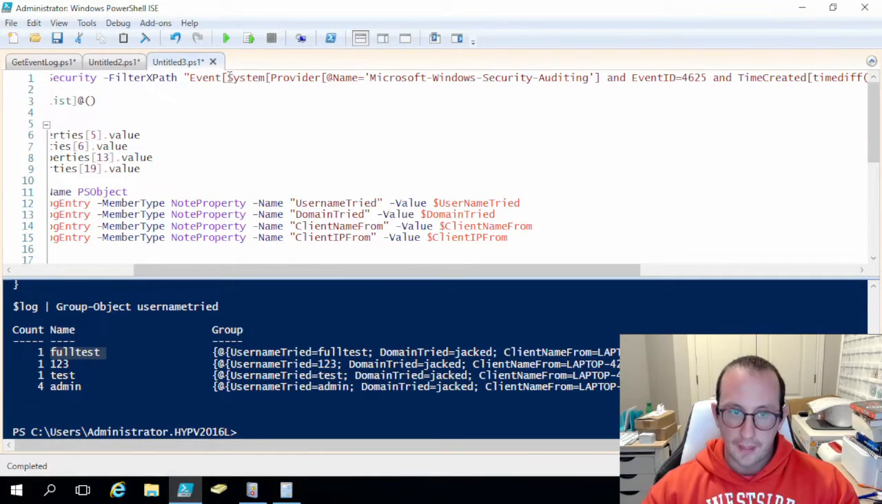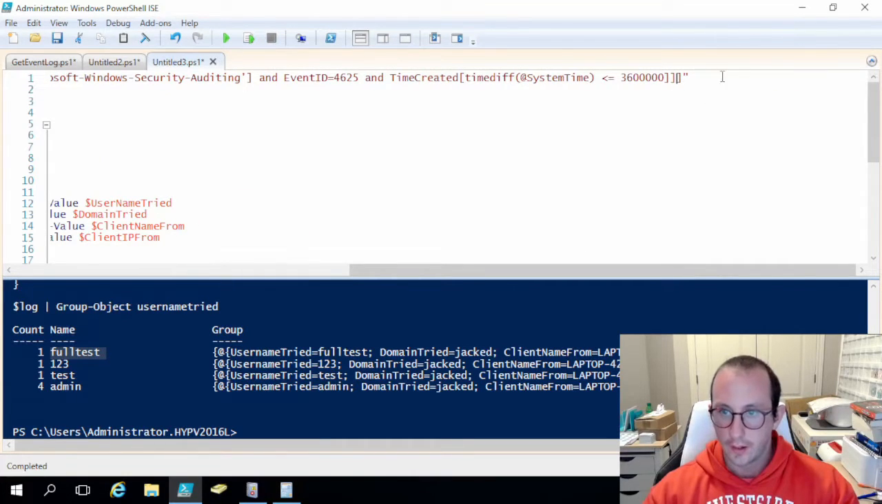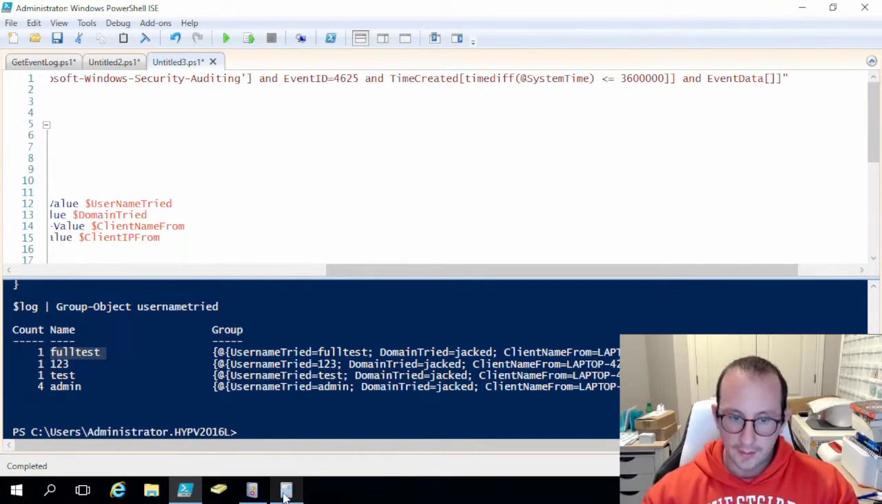So we want to be at this level. Let's make sure that we only have one square bracket left at the end. This is where we're going to put our event data. So let's do an event data, and then open and close square brackets. Now in here,